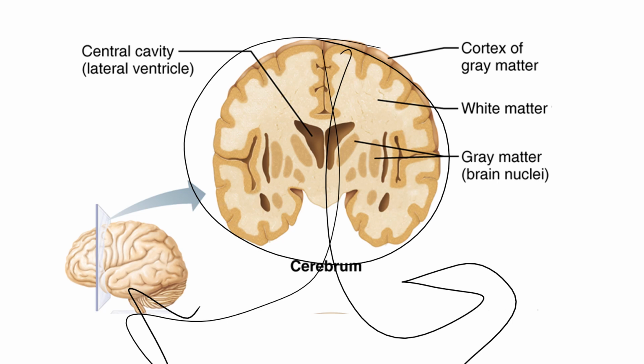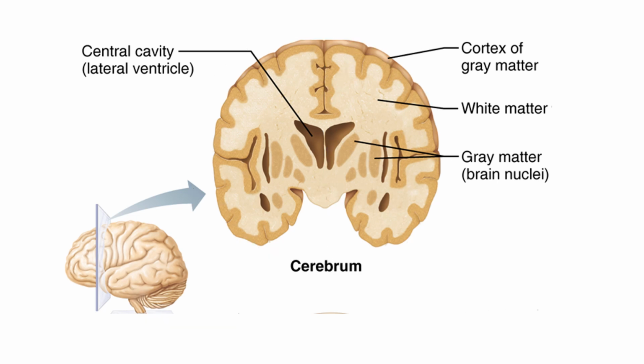And the major point to make here is that this organization of gray and white matter in the cerebrum makes complete sense for this motor pathway. It actually makes sense for the sensory pathway too, but we're not talking about that right now. So how does this structure of the cerebrum with gray and white matter make sense for motor pathways? It's fairly straightforward. If the cerebral cortex is gray matter, and thus it's made up of cell bodies, and the core of the cerebrum is white matter, and thus it's made up of axons,